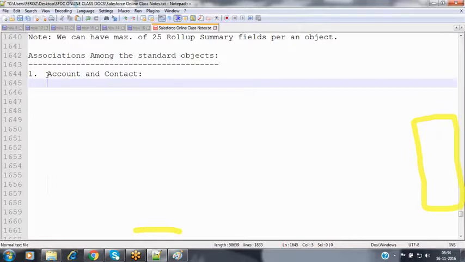The same object we can access from different applications, and at that time we can also monitor from which app a record has been created. That facility is available to us. Whether it is from the sales application, or the marketing, or the call center, we can cross-check that.